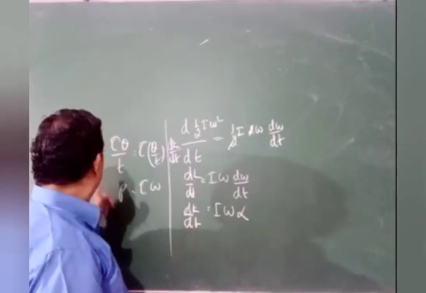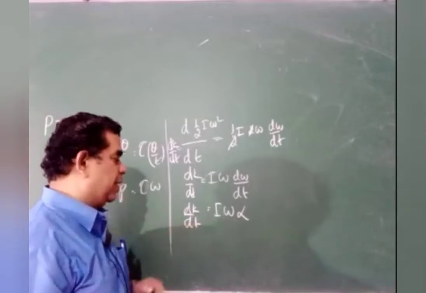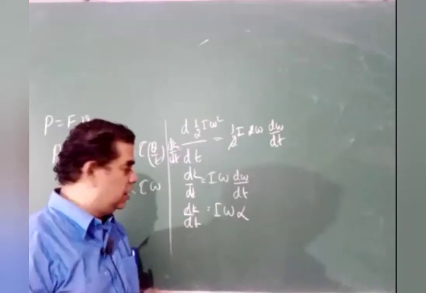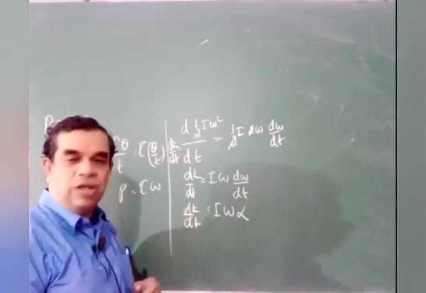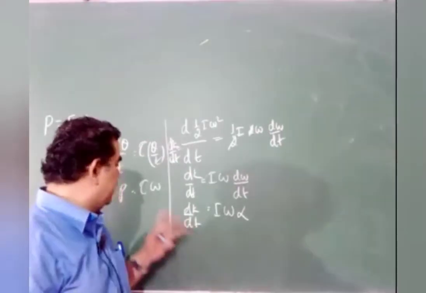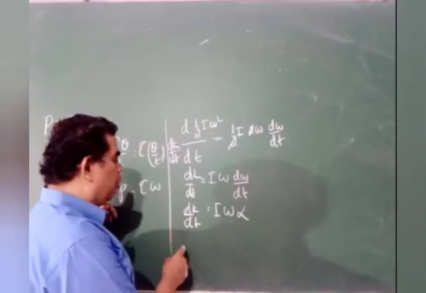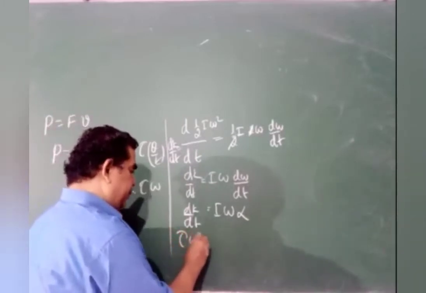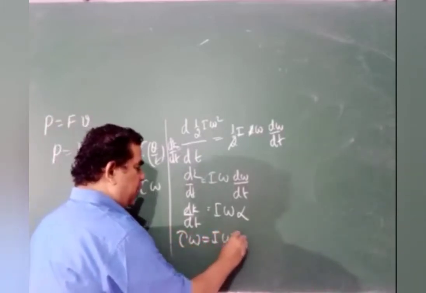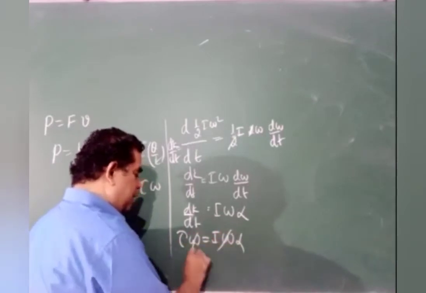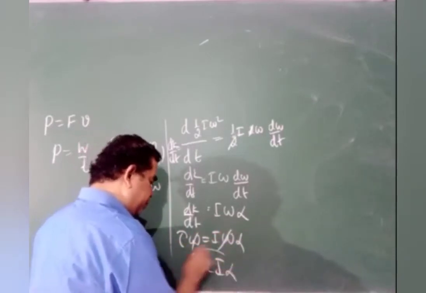So we now know power and dK by dt. Rate of doing work is power. Rate of change of kinetic energy is also power. So by equating these two, what do you get? Observe, tau omega